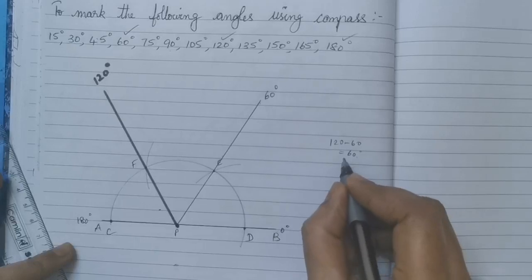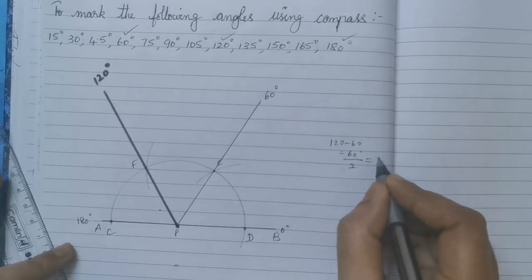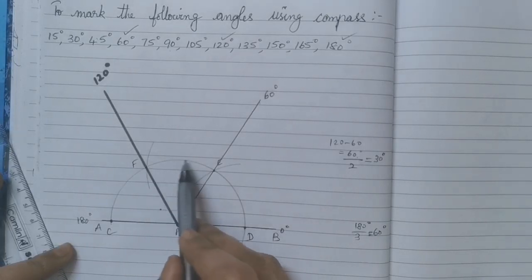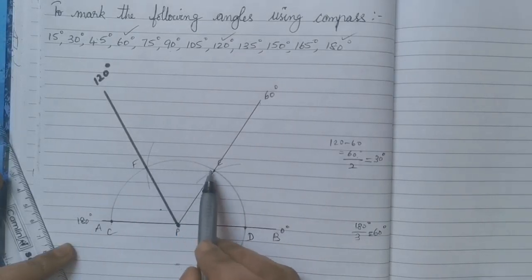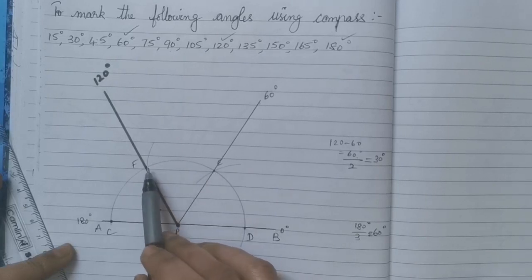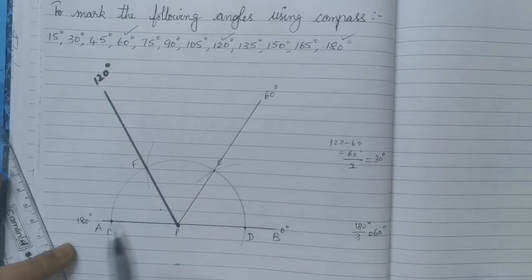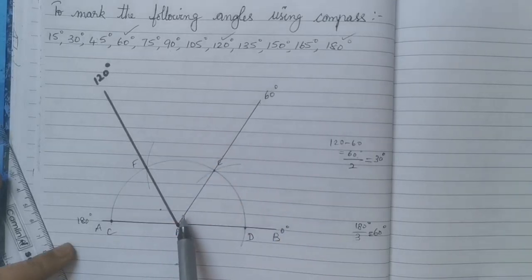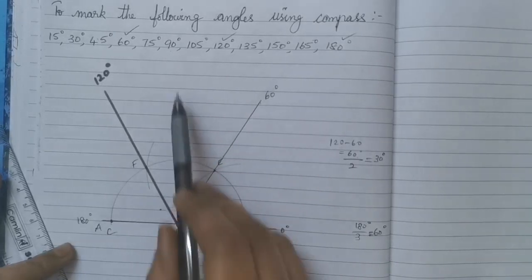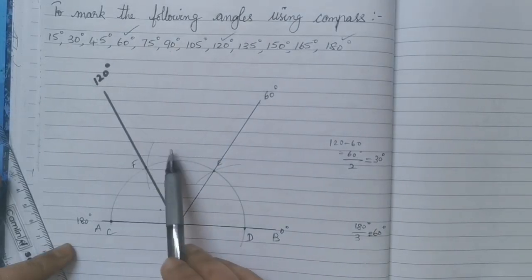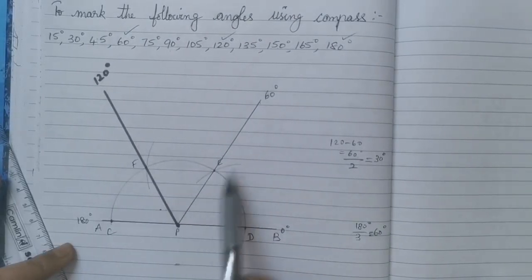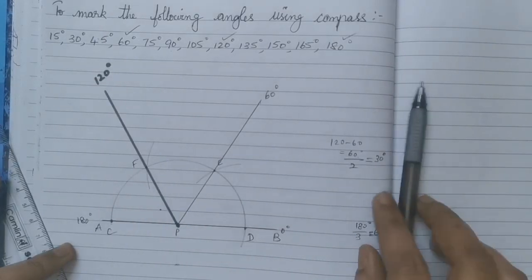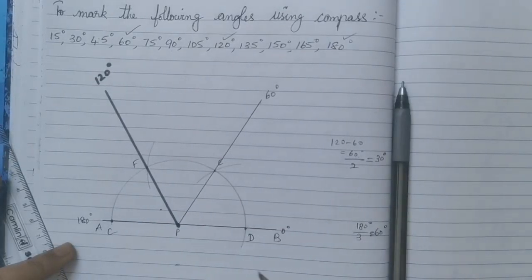So when I divide that 60 degree into two parts, each part will be 30 degree. So I have to bisect this part. I have to divide this part into two parts. Bisection means divide into two equal parts. So when I divide this into two equal parts, when I get a line, that line will be the middle line, middle degree in between 60 and 120. So each part will be 30. So 60 plus 30 will give me 90 degree. So to get 90 degree, I am going to